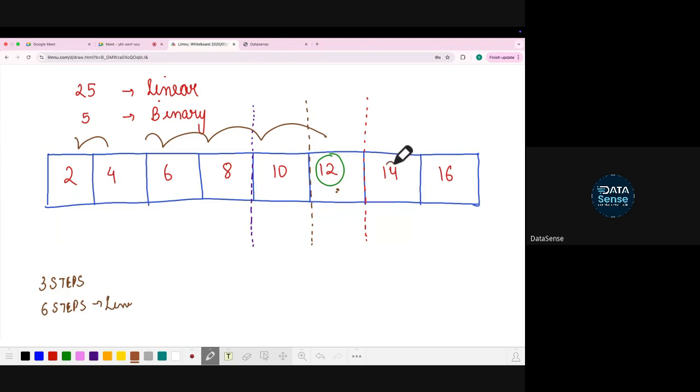Even if there is 12, what will happen? 12 is lying in both of the places, right? You can pick anything. You just want to find the first entry. Even if you are able to locate it once, then again you will apply binary search once again to find the other location. It will remain the same. That is not going to change anything. So you'll find the first 12, then after that you will follow the same steps to find the second 12 as well.